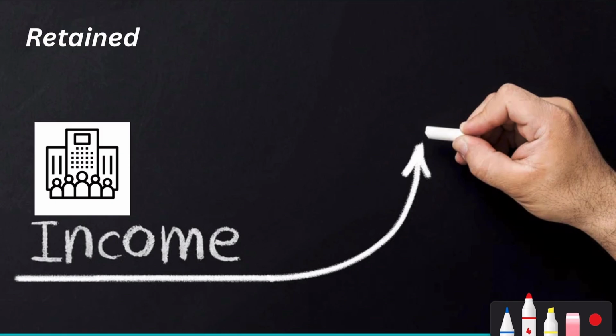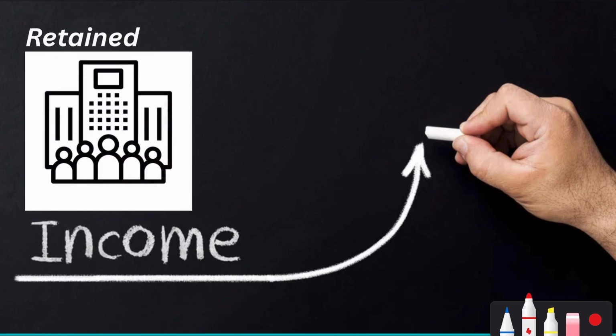So the retained income is income that might deliberately be withheld, dividends that are withheld, and the purpose of this is to invest in what we call future expansion. So the company might deliberately want to retain income for future expansion rather than distribute dividends. In other words, this means that the company may decide to increase the amount of its retained income, and this is essentially income which is kept by the company and not distributed to the shareholders.